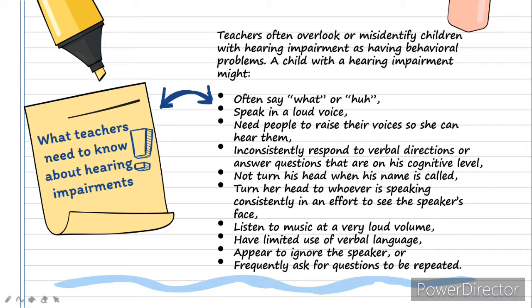What do teachers need to know about hearing impairments? Teachers often overlook or misidentify children with hearing impairment as having behavioral problems. A child with hearing impairment might often say "what" or "huh?", speak in a loud voice, need people to raise their voices so she or he can hear them,